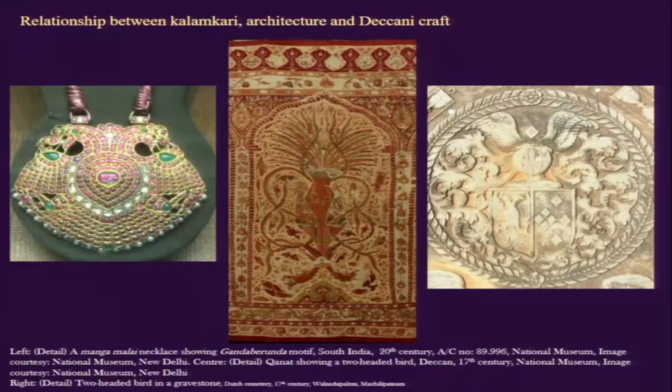So we find that there are many examples like that, in which Kalamkari textiles are not just something where the textile motifs come from textiles. There are many different ways in which we can see how the tombstone, something we can consider as part of architecture, and also different kinds of craft objects like jewelry, metal craft and other things, are connected.